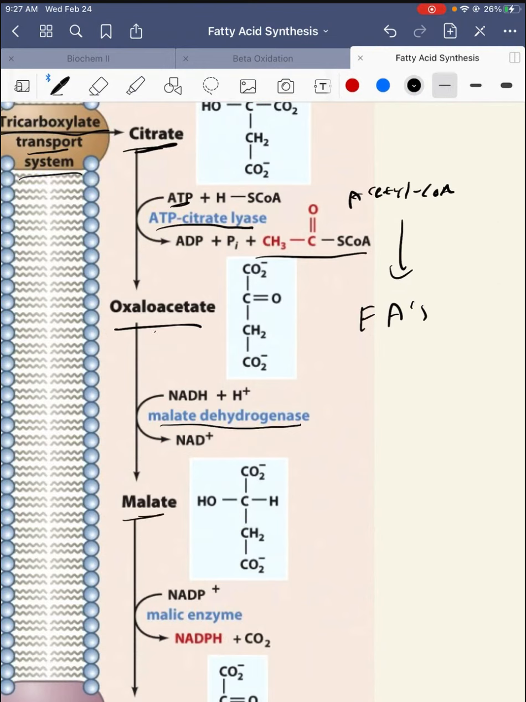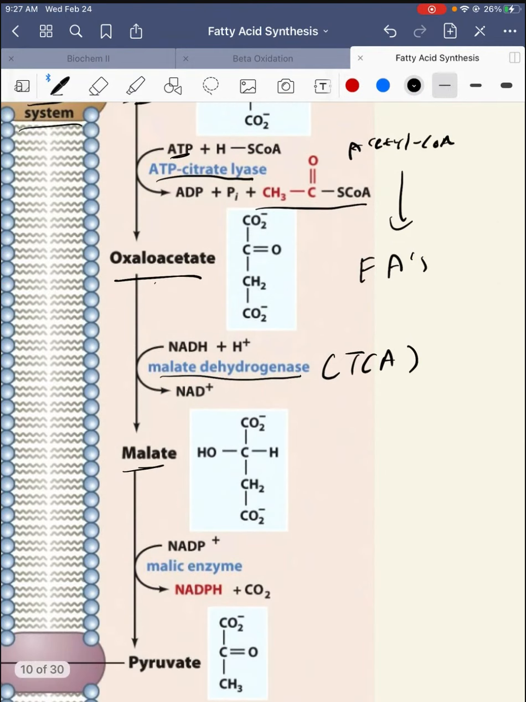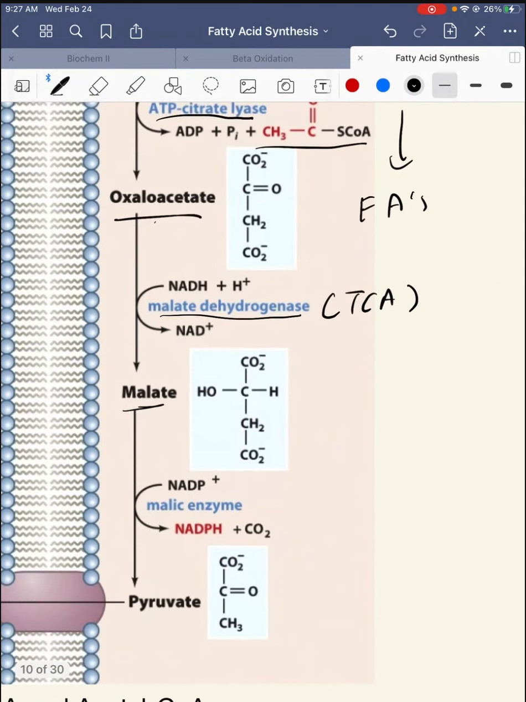So this is the enzyme from TCA. This shouldn't be new stuff. Okay, so now we have a new enzyme. It takes malate and converts it to pyruvate. So this is called malic enzyme. This enzyme is important because it makes NADPH in the process. NADP gets reduced to NADPH, and then malate gets oxidized to pyruvate. This NADPH